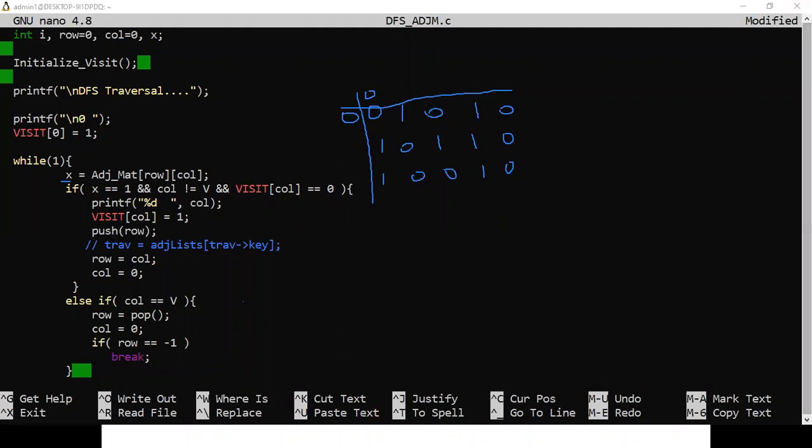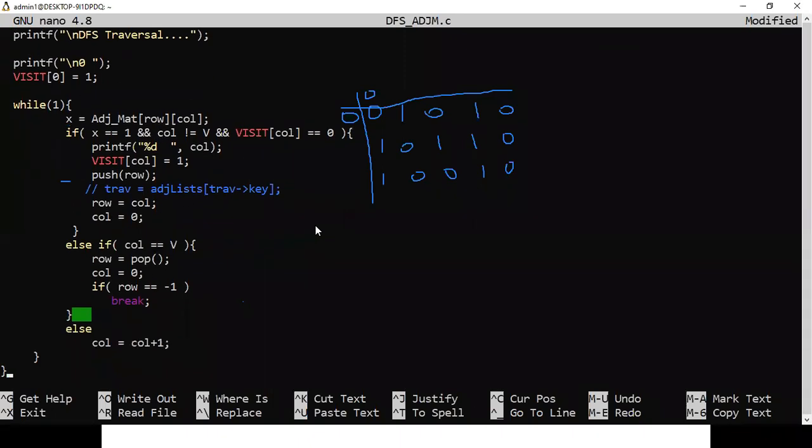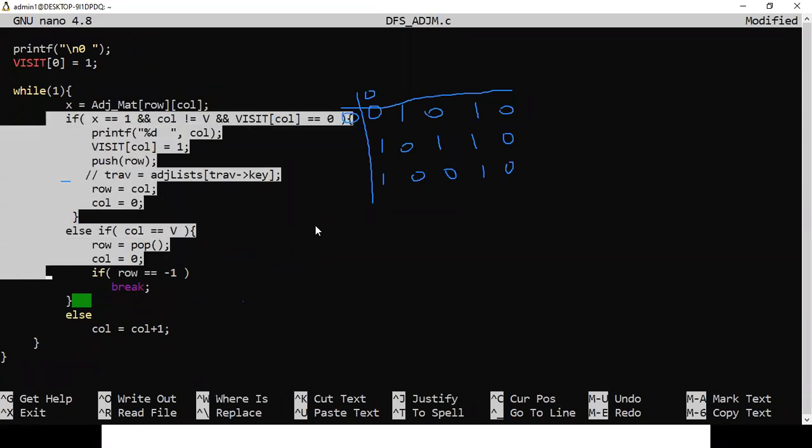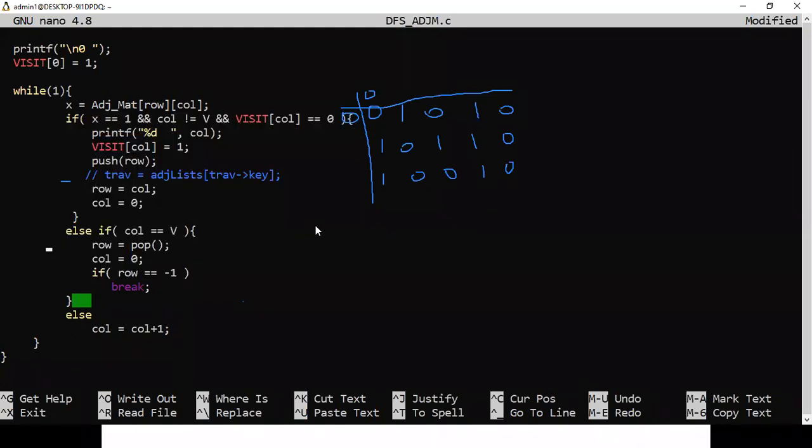See, actually now we have to increment column. In this case, we have to increment column. Yeah, in this case, we have to increment column. So these two cases where it has not satisfied these two cases. So column will increment. If column increments, then column will become 1. Row is still 0 and column is 1. So now row is 0 and column is 1. So what is that? It may be 1.